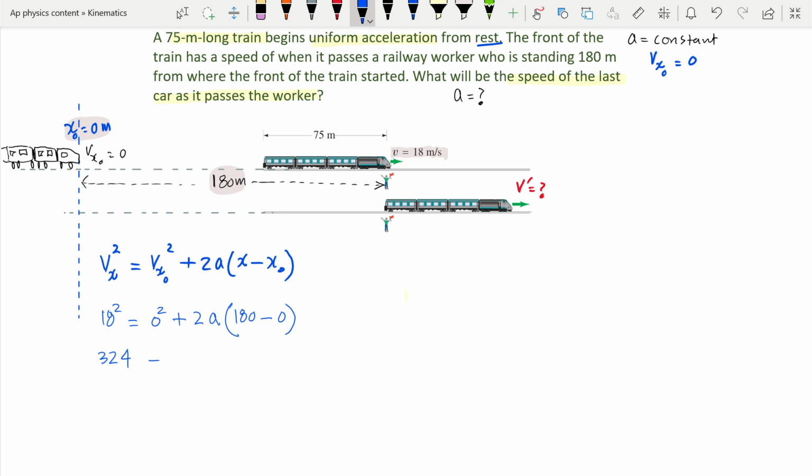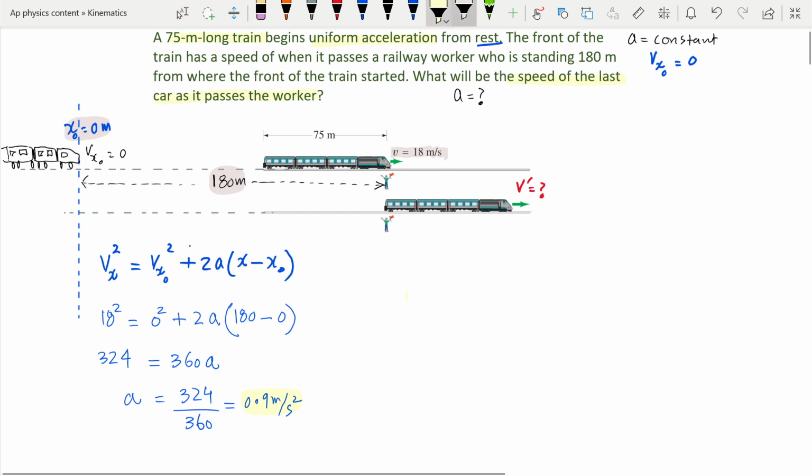324 is equal to 360a, and a is equal to 324 over 360, which should be equal to 0.9 meter per second square. That's a constant value. Now to find this velocity, we have to use the displacement covered,